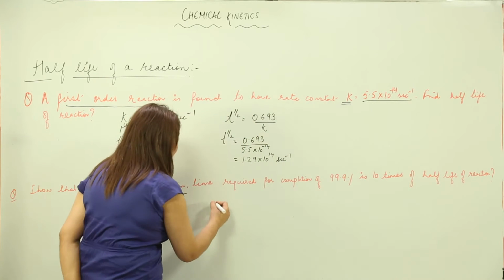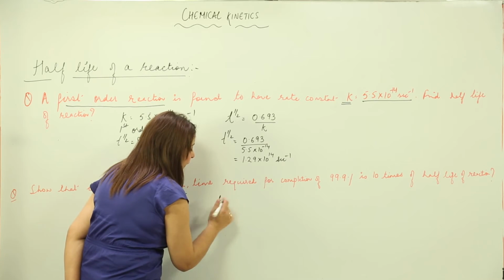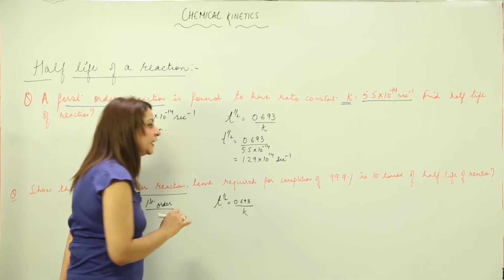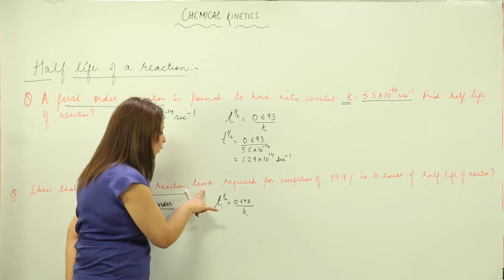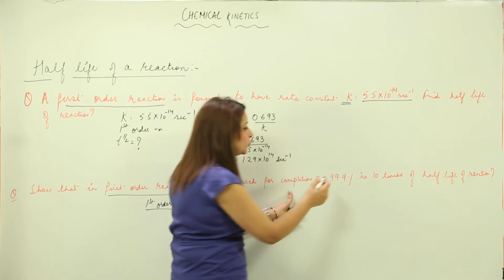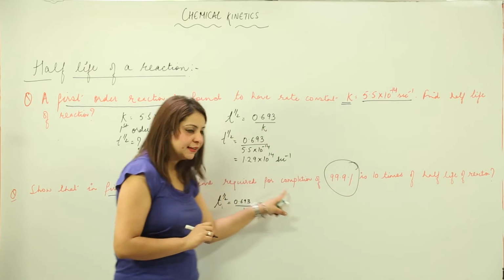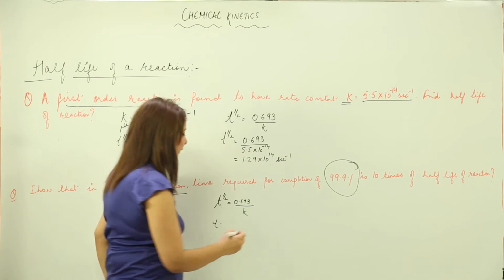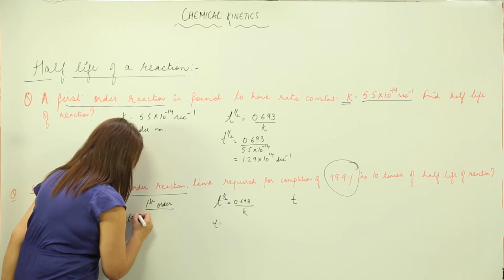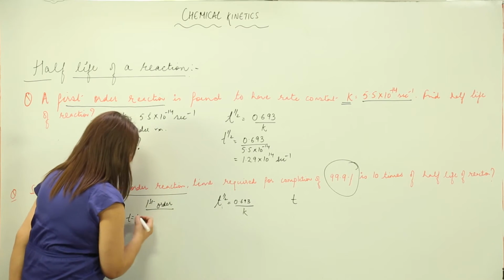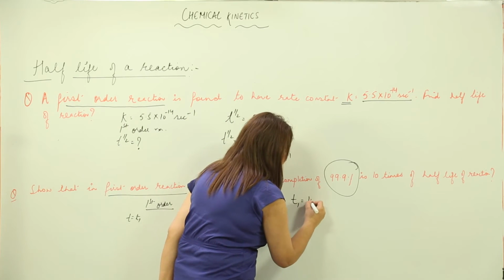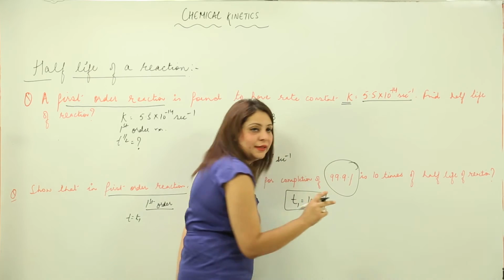That means we have this half life, obviously it is a first order reaction, we know that the expression is going to be this, right? We need to show that the time required for the completion of this much is going to be 10 times the half life of the reaction. If we consider the time as T in this and the half life time in this, we'll say 1 and 2. So that means T1 is 10 times T2. This is what you have to prove.